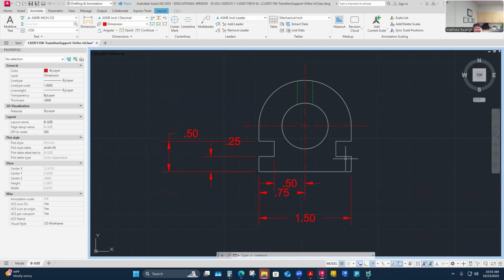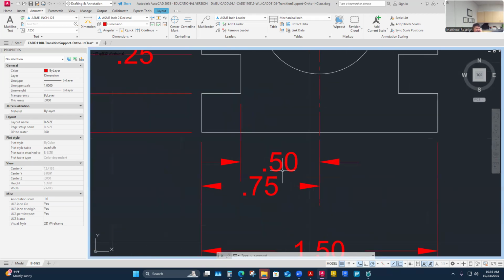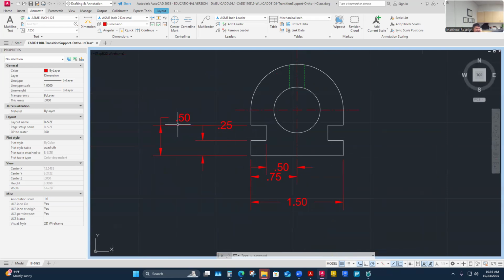Is this because of this orthographic alignment? Can I assume that these are? Yeah, usually this is going to be sufficient to understand that this is likewise. You might be in an industry where they say call this out 2 times, call this out two. Okay, but I'm going to say the orthographic alignment is what sets that precedence. So I feel like that's going to locate that other side as well,